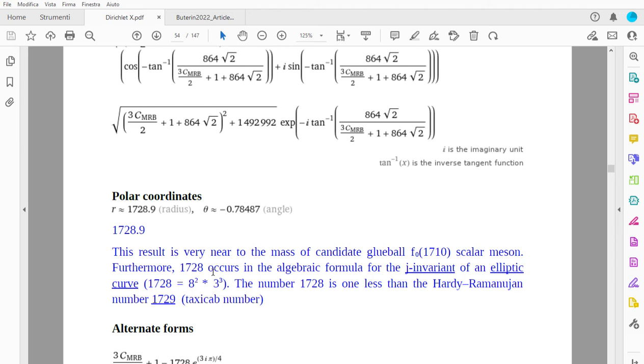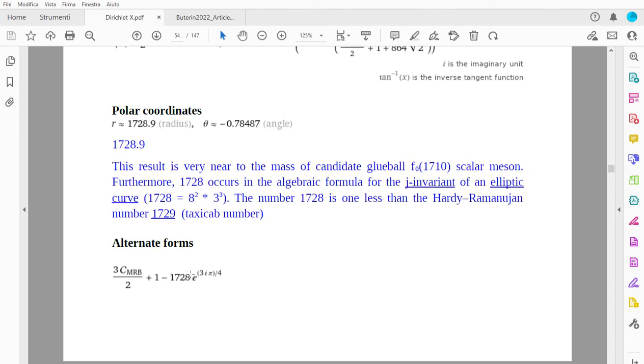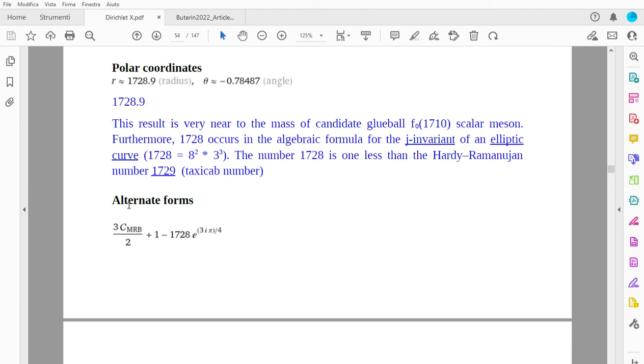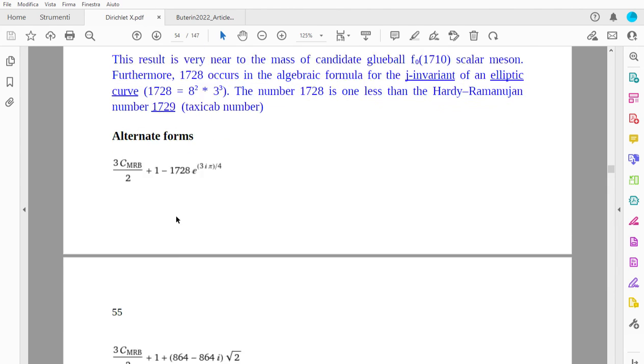The number 1728 is one less than the Hardy-Ramanujan number 1729. That is also called the taxicab number. Also here we obtain alternate forms,